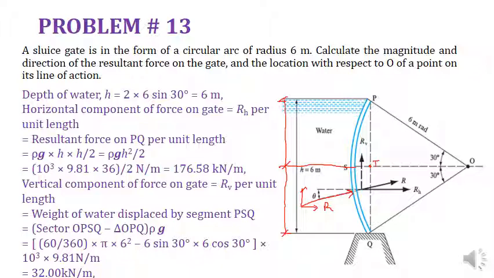Okay, so we draw a perpendicular from point O, and we join the two edges of the curved gate from P to Q. These will intersect with each other at point T. So this PT will be equal to this distance. So half of the depth of the water you can calculate, and just double that will be equal to this distance TQ. So PT plus TQ will be equal to the total depth of the water.